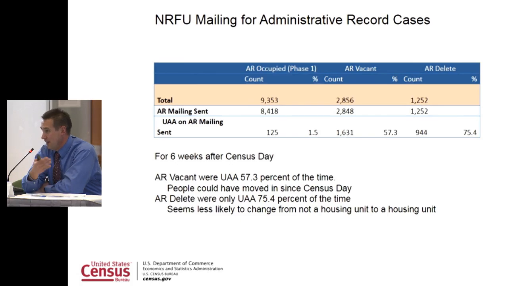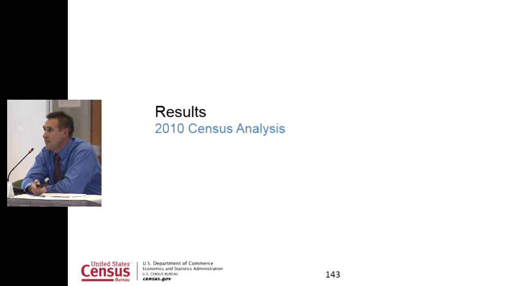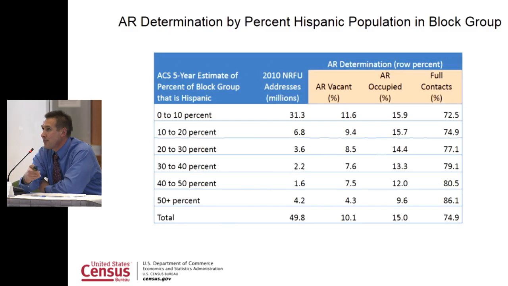Now, whether they're delivering it to the right place, something is going on here, which definitely we want to work on with the United States Postal Service. But with 25% of these cases being delivered, how might we want to be changing our contact strategy and how we use administrative records, especially for the delete cases? So then what are some of our 2010 analysis, which I do want to share with you, which kind of addresses some of the points which Sunshine brought up this morning related to potential socioeconomic impacts.